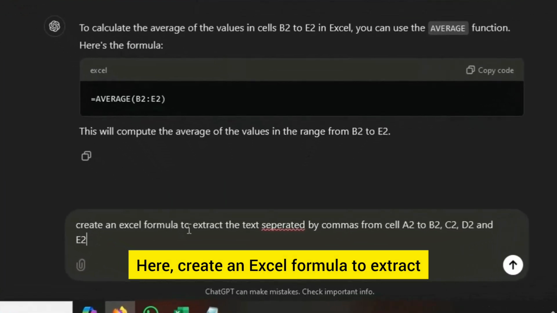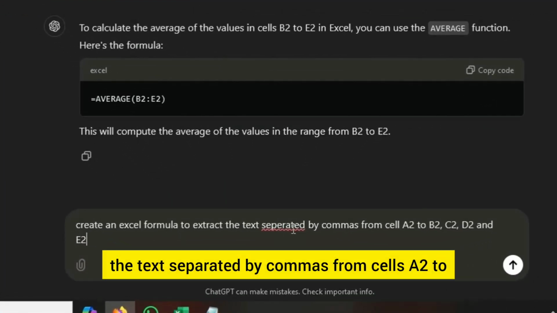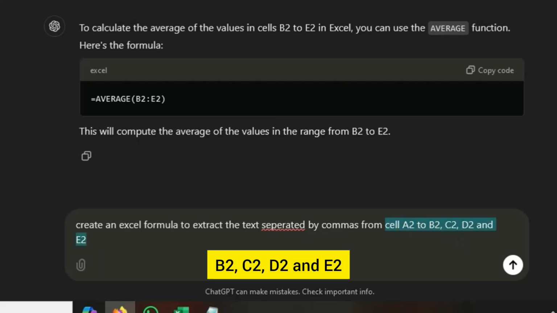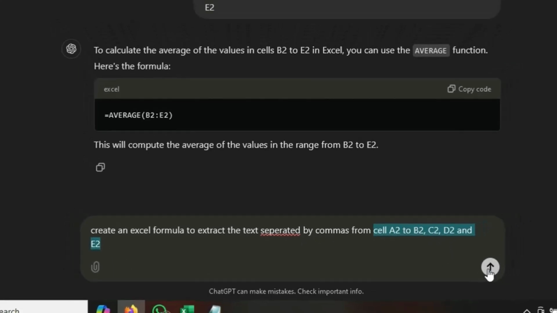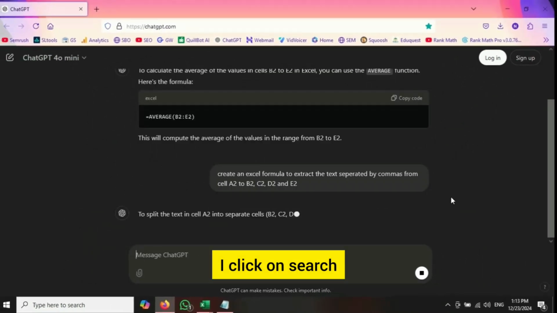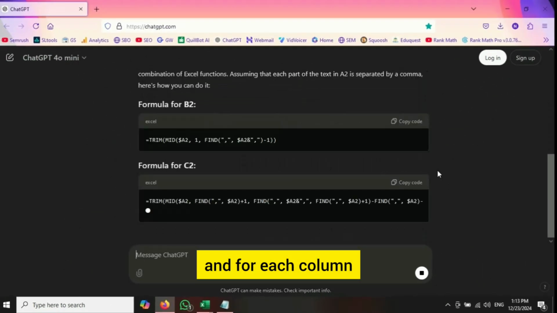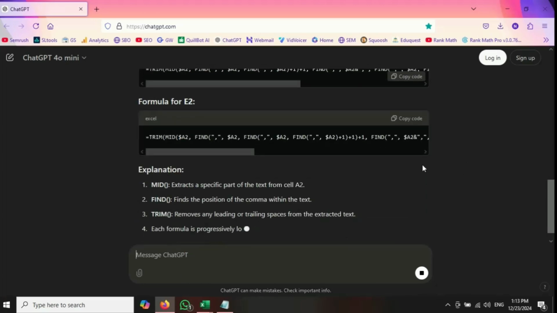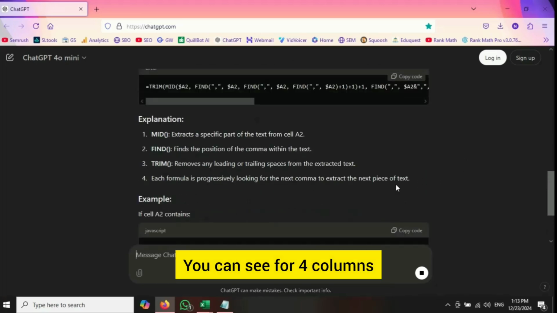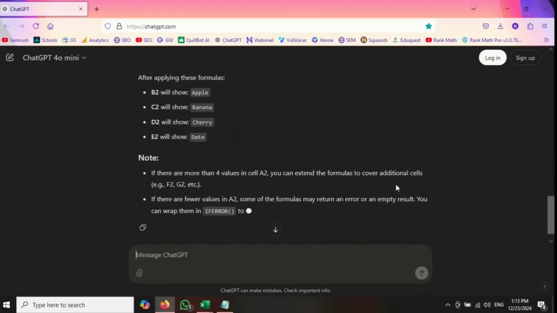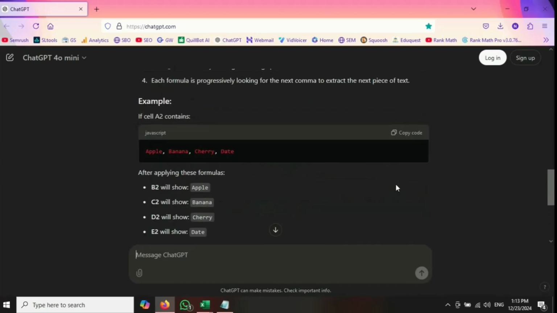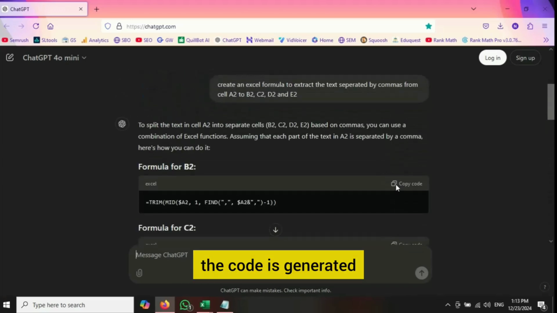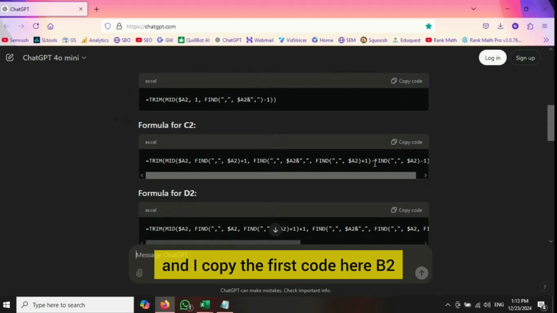Here, create an Excel formula to extract the text separated by commas from cells A2 to B2, C2, D2 and E2. I click on search and for each column, the formula is generated. You can see for 4 columns, the code is generated and I copy the first code here, B2